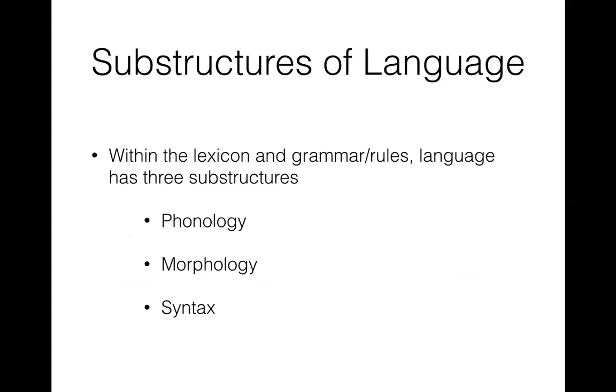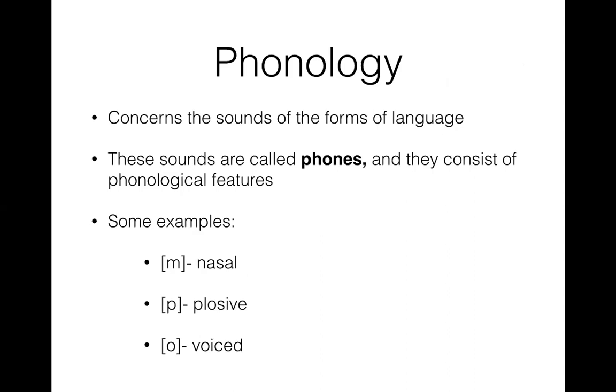So let's get into the grammar, or the lexicon. We were talking about the lexicon, and now let's talk about how the lexicon is determined by the different grammatical structures and rules of language. We very often talk about three substructures of language. Whenever you see any language, that language always has a phonology, a morphology, and syntax. So let's briefly talk about what each of these are, and then we will take each of them up in detail on Thursday, and we will talk a lot more about the different sound systems, etc.